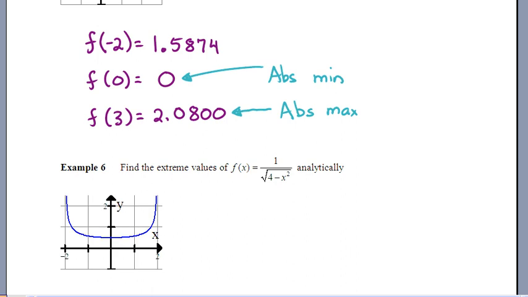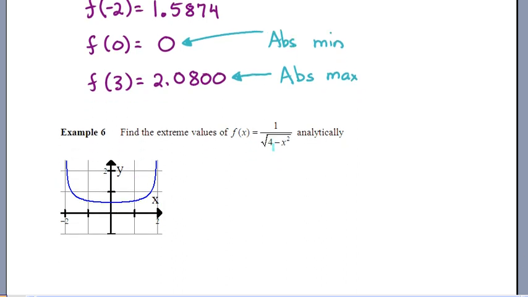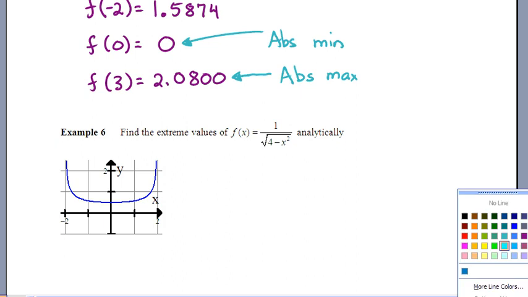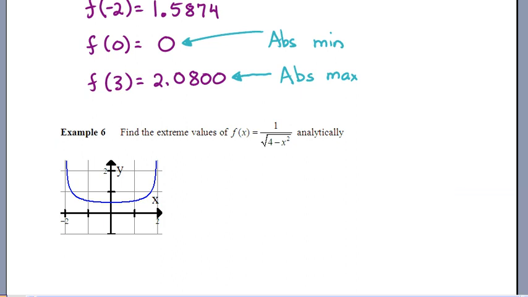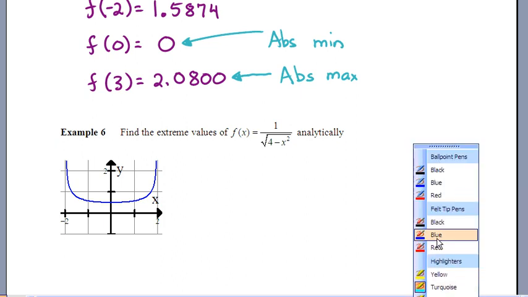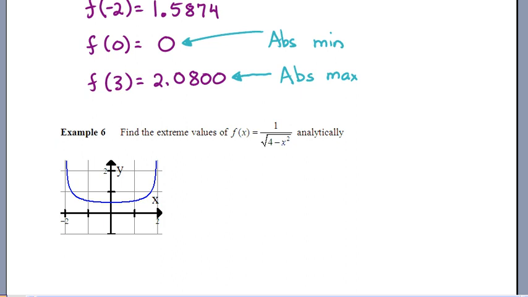All right, for this one here, they didn't tell me about the domain like they did in the previous example. They just kind of left me with it. What I can see is I wouldn't want to have numbers in for x that are so big that I would have a negative under the root sign. And so up to 2 or down to -2 would be okay for the root. But if you actually put 2 or -2 in, you can root 0, that's okay, but you don't want to